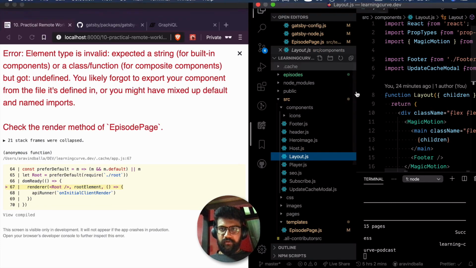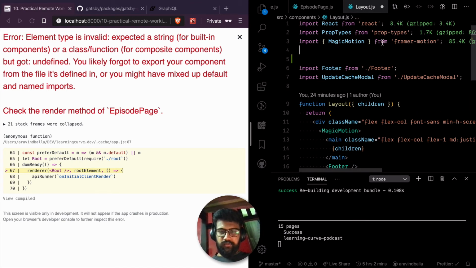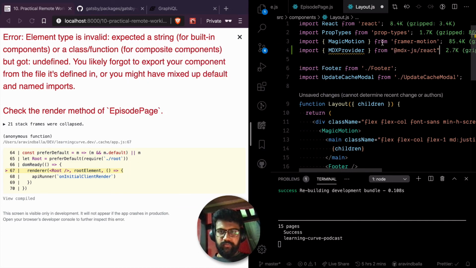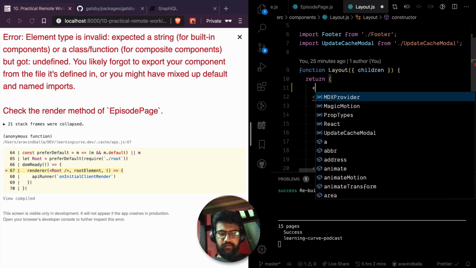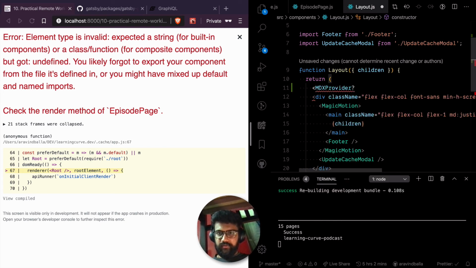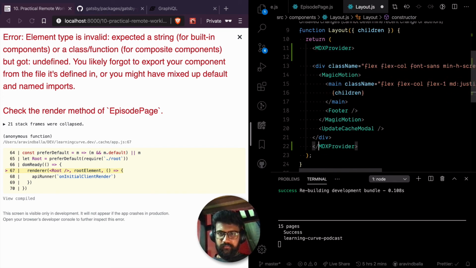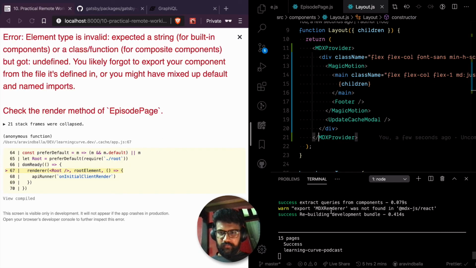So the layout should have MDX provider, and this should be an MDX provider. Oh, MDX renderer was not found here.